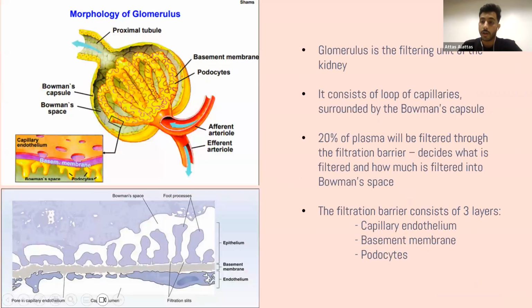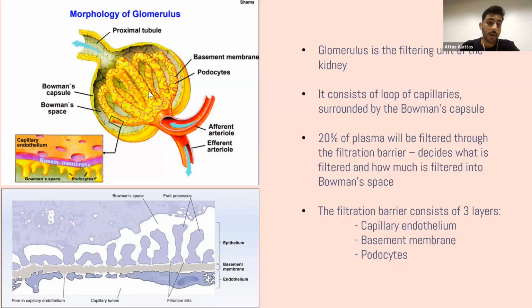Okay, so first we have the morphology of the glomerulus, the glomerulus itself. The glomerulus is the filtering unit of the kidney, or the functional unit of the kidney. The kidney has multiple functions, one of which is the filtration, and it's the only organ in the body that does the filtration. So whenever you hear the word filtration in the body or excretion, you will always think about the kidney or the